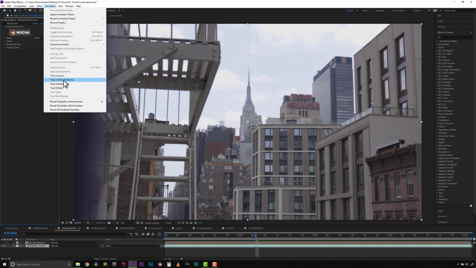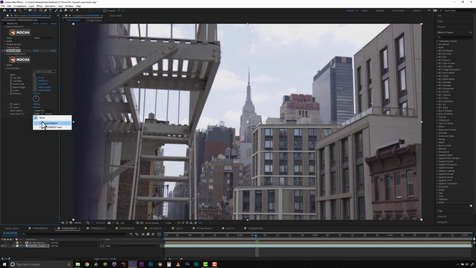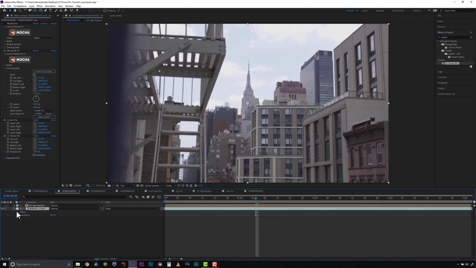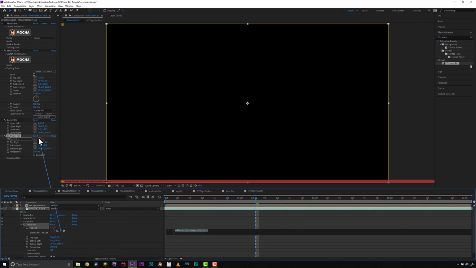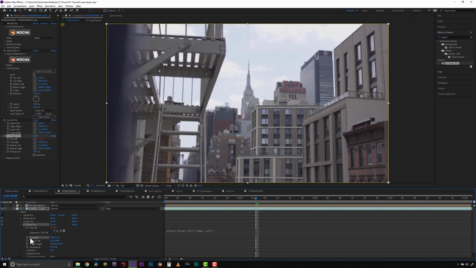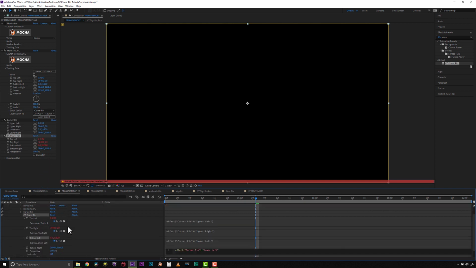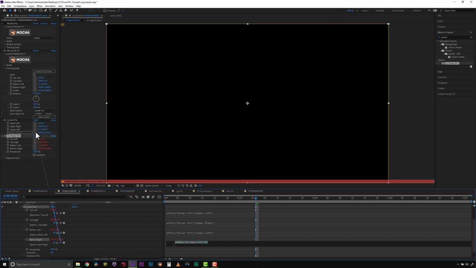Mocha AE does not export directly to PowerPin, so to use PowerPin with Mocha AE, you need to copy the corner pin data to the AE CC PowerPin effect or use expressions to get corner pin data into a PowerPin effect. Special thanks to Roe from AE Blues for their wonderful tutorial on this technique. You can find AE Blues on YouTube and Vimeo.